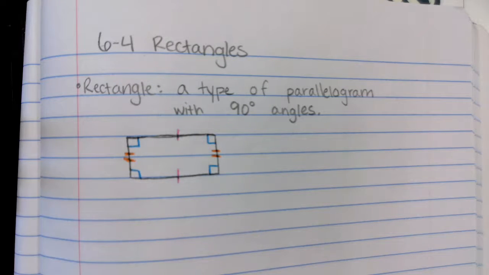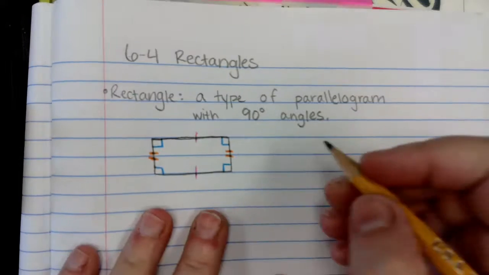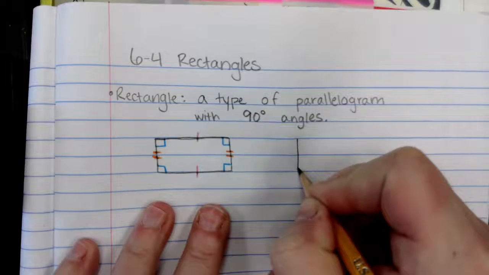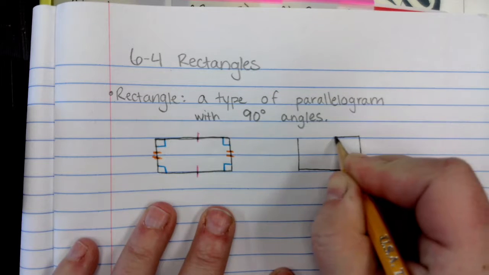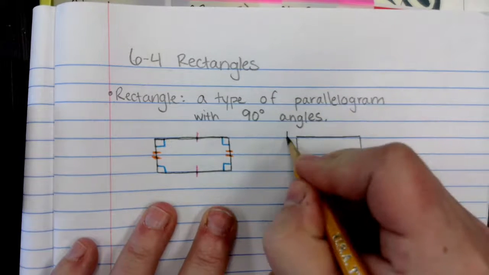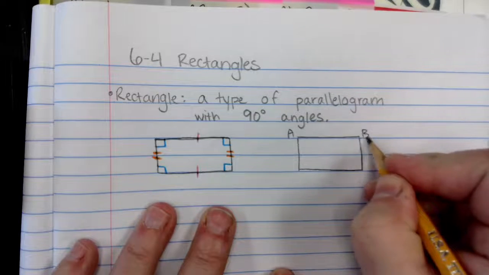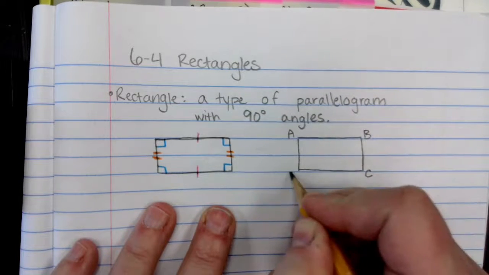Our new theorem that is going to come to us is that when we have a rectangle, I'm going to draw one more just so I can color code it a little bit. Call that rectangle A, B, C, D. Our new theorem is that the diagonals are